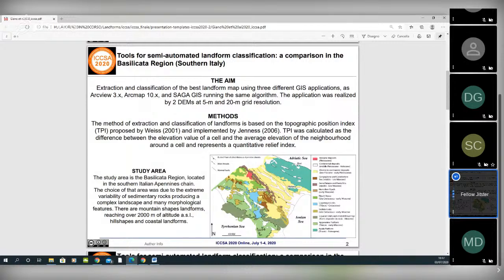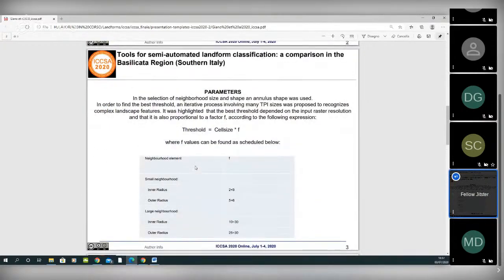The result is the production of 10 landform classes, and in the selection of the parameters we used a factor f. This factor is represented for each neighborhood by a range of values, because it depends also on the landscape mean slope. Usually with low values of slope, the best result was obtained by using low f in the range, whereas higher values of the slope